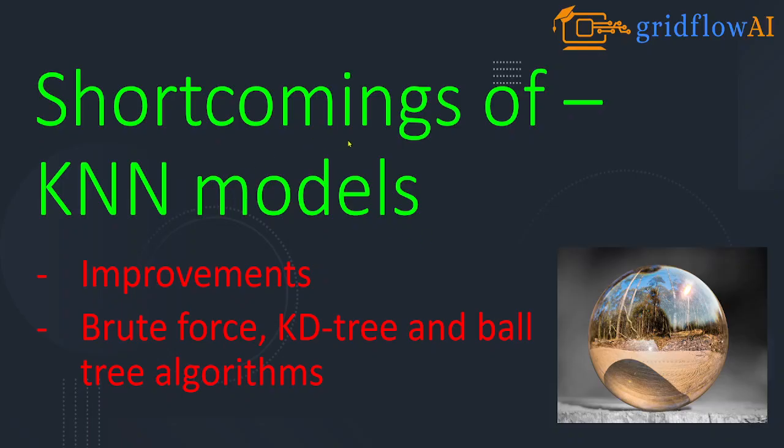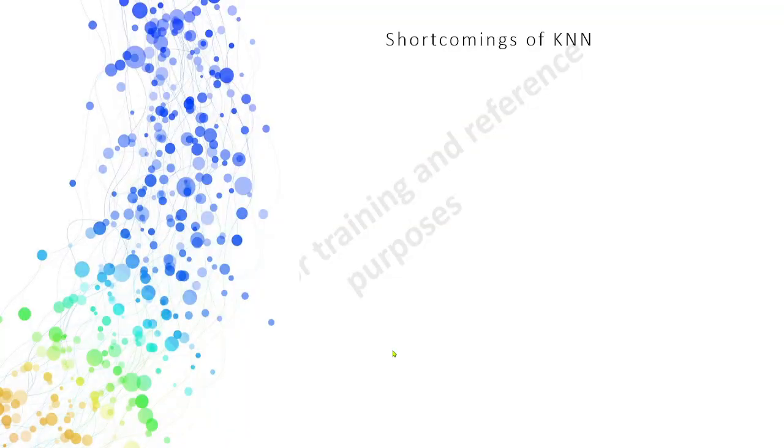So we talked about the shortcomings of the KNN model, essentially in terms of the brute force method being computationally very heavy, and how we address that by using KD tree and ball tree. I hope